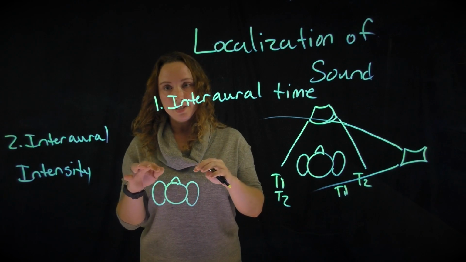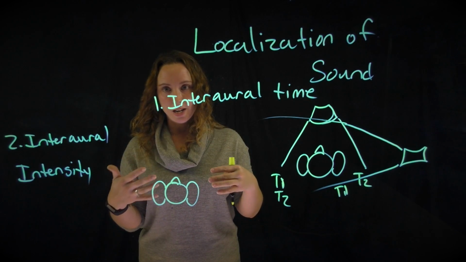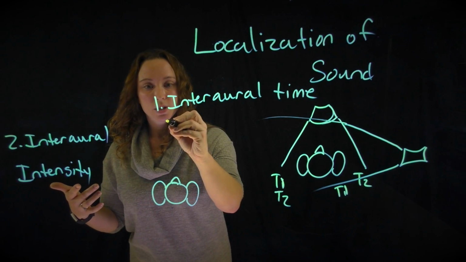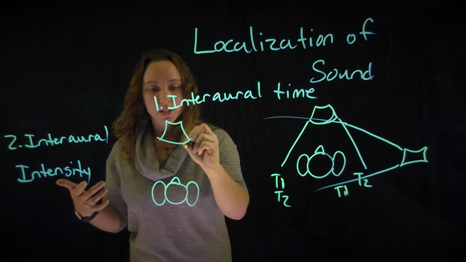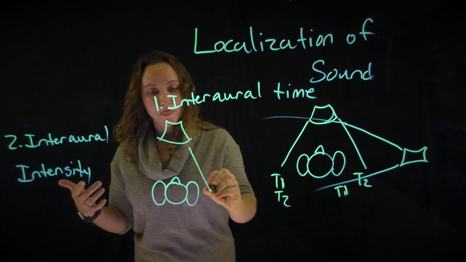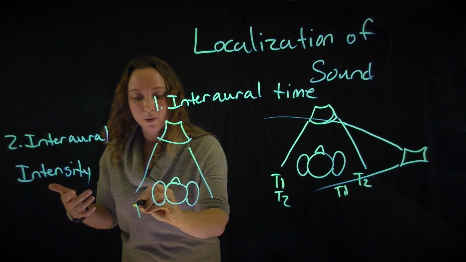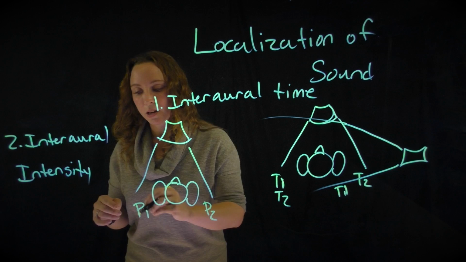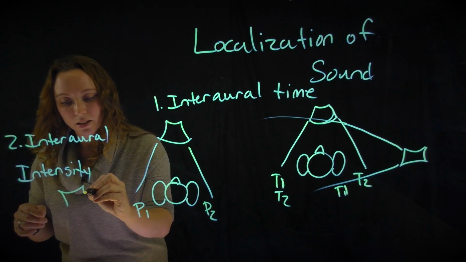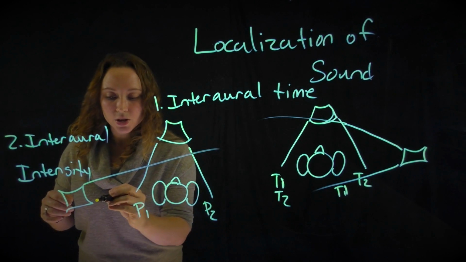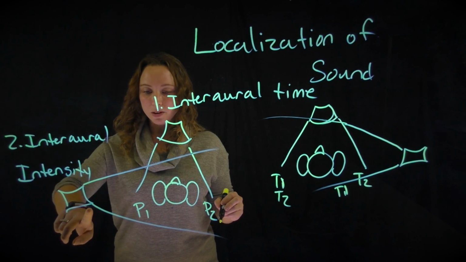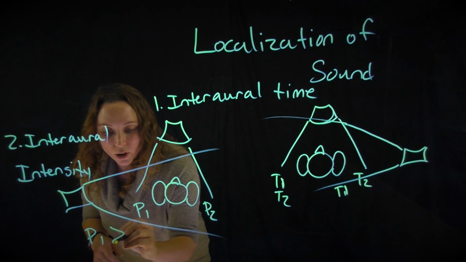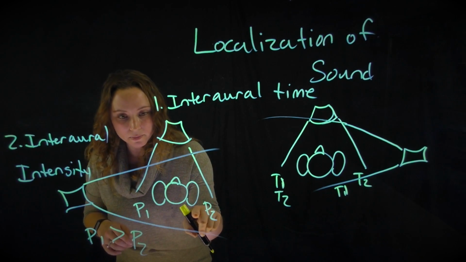And so what it does is it calculates the amplitude for each ear. And so in the auditory system, you might conceptualize this as pressure. So again, if the speaker is in front of the body, right, the pressure at each ear is going to be the same. But if the speaker is to the side, right, the pressure is going to be different. So in this case, the pressure for this ear is going to be greater than the pressure for this ear,